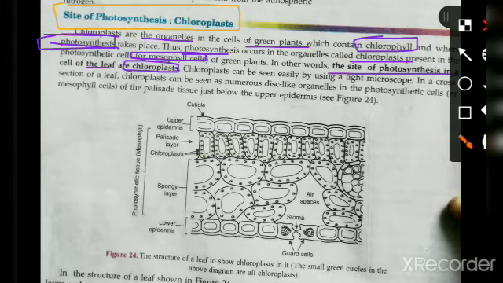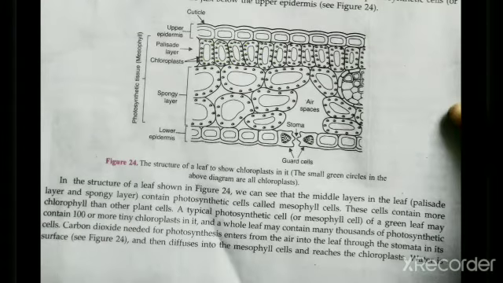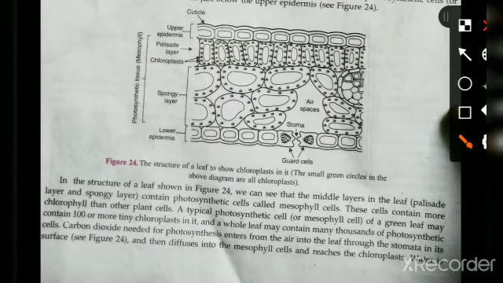Now we study structurally where the photosynthesis takes place. So when you cut a section of the plant leaf, first the outside cuticle is present, below the cuticle the upper epidermis is present, and this is the structure of the upper epidermis. After that, cells of the mesophyll are present, and the mesophyll contains two special cells, and these two special cells are